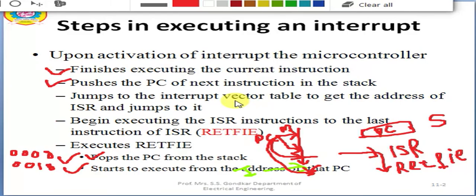Whereas internal interrupts occur due to certain conditions, such as completion of a work. What type of completion of a work? Suppose we want to convert an analog signal into a digital one, and once the conversion has completed, at that time you will get an internal interrupt that the conversion has been completed. Similarly, a timer reaching its maximum limit.